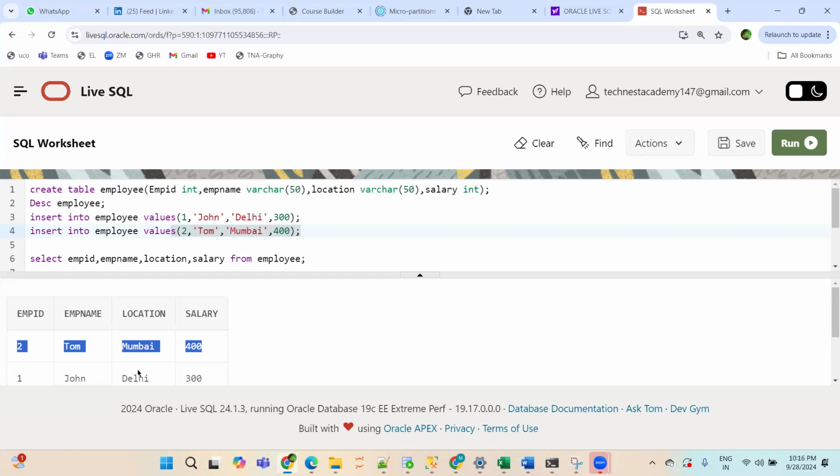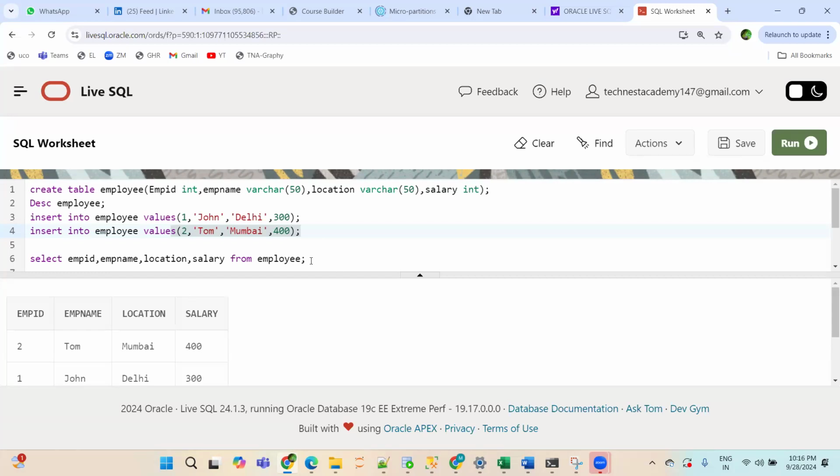If you ask me why Tom is getting displayed first, then John, sorry, there is no reason for it. It is the wish of the SQL engine. It can display in any order. There's a concept of a row ID, which we'll discuss at a much later point. I don't want to trigger that discussion now. It is based on the internal architecture of the SQL engine. But as of now, you just have to understand that a SQL engine has full freedom. It can display anything first.